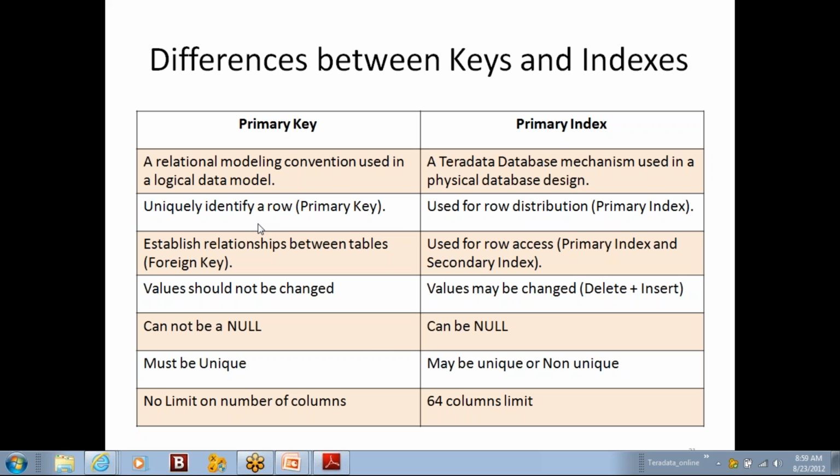If you don't have it, then how are you going to maintain the snowflake and star schemas? They will be there in the logical data model, that means in Erwin or Visio, whatever tool you use to create the model. But when you are converting that logical model into a physical one, then you won't implement these primary keys and foreign keys in the physical design.